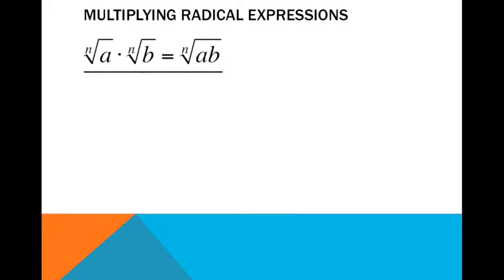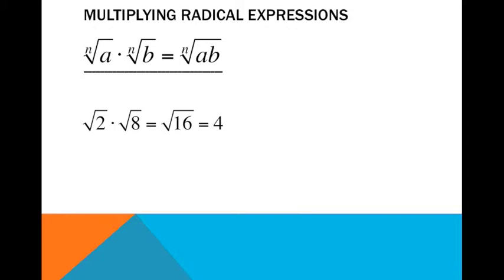First off, we're going to start with multiplying radical expressions. The nth root of a times the nth root of b equals the nth root of a times b. Basically, if the nth roots are the same, you can multiply the radicands. So, the square root of 2 times the square root of 8 equals the square root of 16, which equals